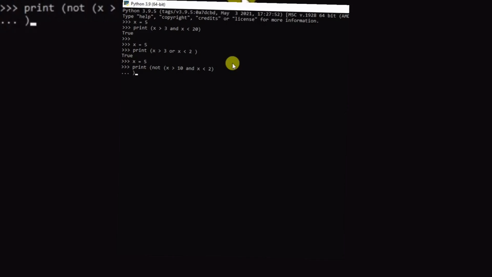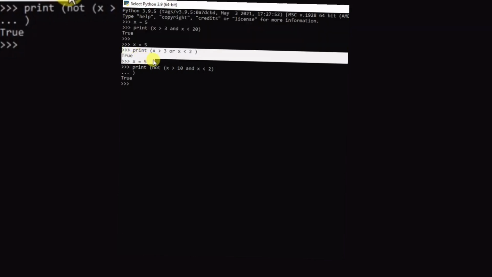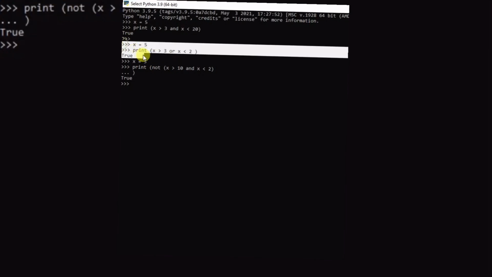So the answer is true, as both statements, 5 is greater than 10 and 5 is less than 2, are false, then the answer is true in the NOT statement. So this is the AND logical operator, this one is the OR logical operator, and the last one is the NOT logical operator.